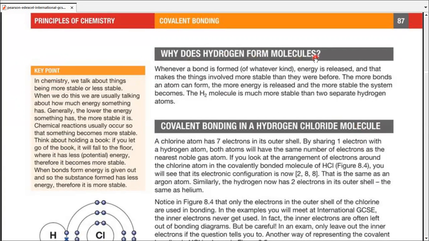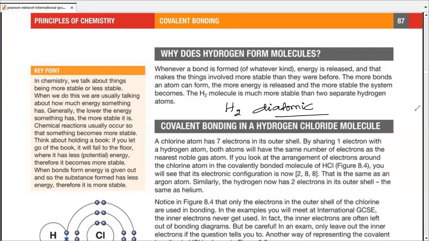Why does hydrogen form molecules? Because whenever a bond is formed, of whatever kind, energy is released, and that makes the things involved more stable than they were before. When atoms release energy, they become more stable than they were before. The more bonds an atom can form, the more energy it can release, and the more stable the entire system becomes. The H2 molecule is much more stable than 2 separate hydrogen atoms. That's why hydrogen tends to form a molecule and stay in this diatomic shape